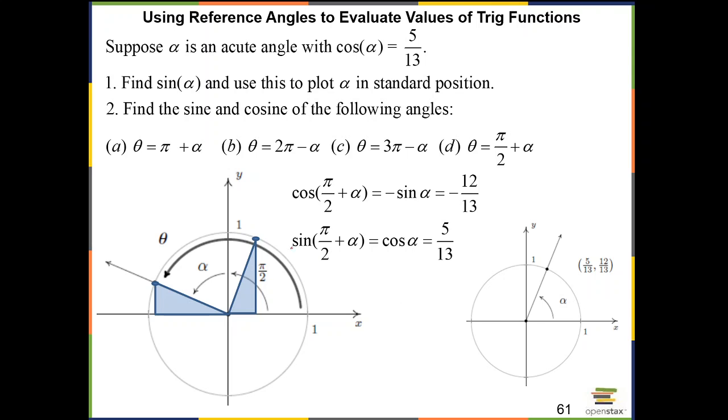Cosine of pi plus alpha, this cosine right here, that is negative of this. And sine of this, which is this little part here, let me erase that, and the sine, which is this part, is exactly the same as cosine of this angle. All right,